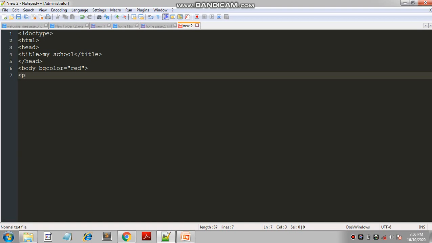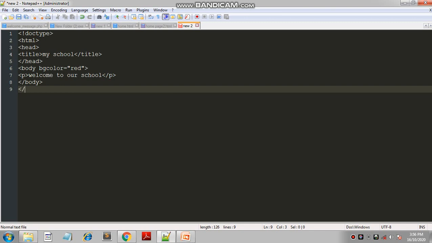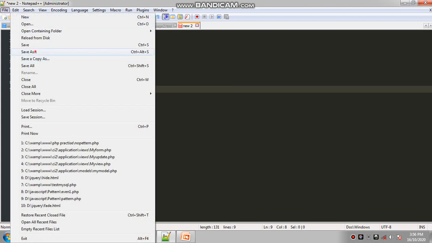Next, take a sentence for P: Welcome to our school, and end of P tag. Now end of body tag and at last end of HTML tag. This code simply gives a background color of red and simply represents the line "Welcome to our school" on your web page. So for that, save a file, Save As,